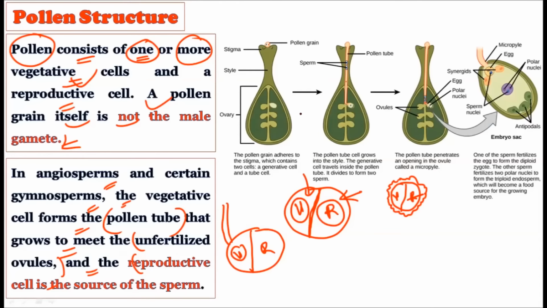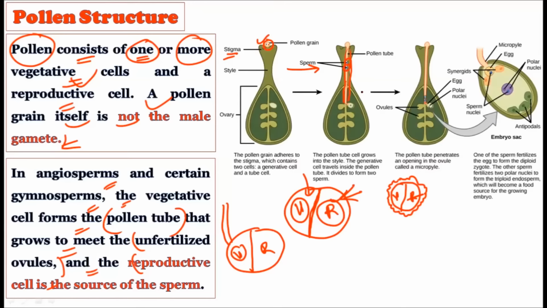So here you can understand through this. See, the pollen grains have landed on the stigma. Now here, in this particular diagram, if you observe carefully, there are two dots. The one dot is red colored, the other dot is bluish color, right? So one of them is representing the reproductive cell, the other is the vegetative cell. So what is the function of a vegetative cell then? The vegetative cell is considered in this second diagram. The vegetative cell has created the pollen tube till here. See, the pollen tube is created out of the vegetative cell, and the reproductive cell, this second cell, it divides to form two cells. These are the two sperms.